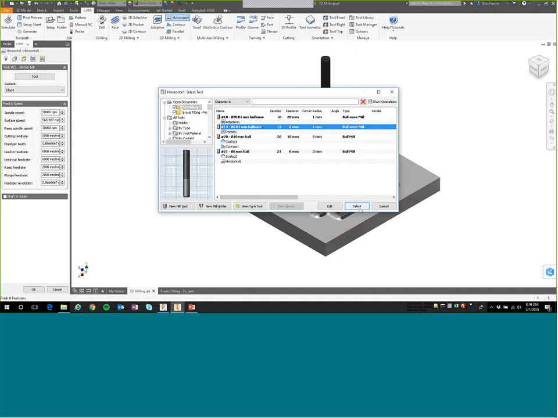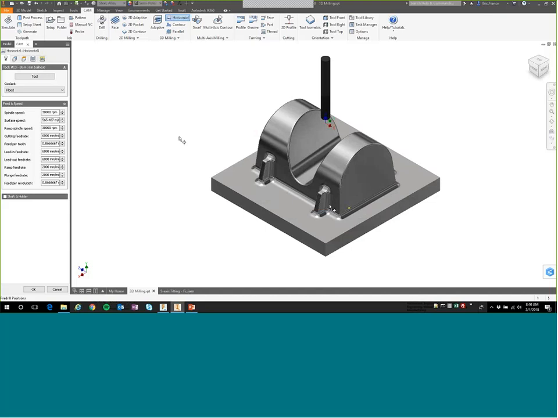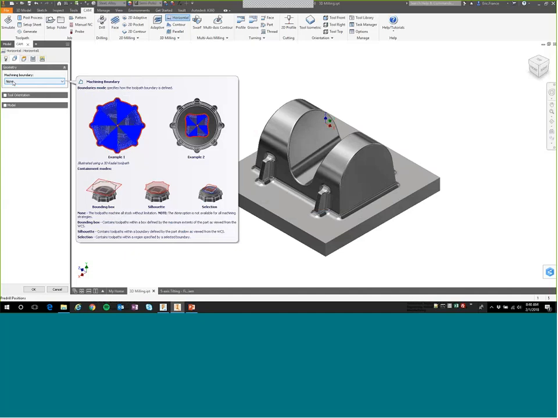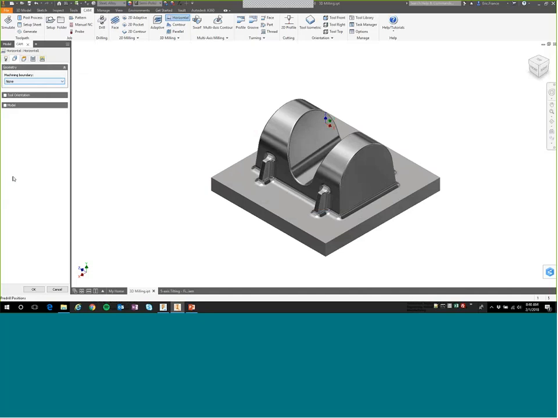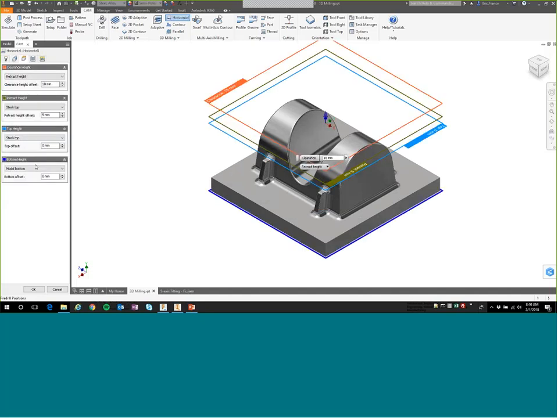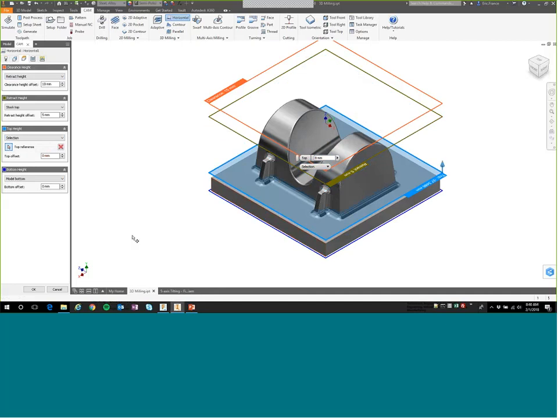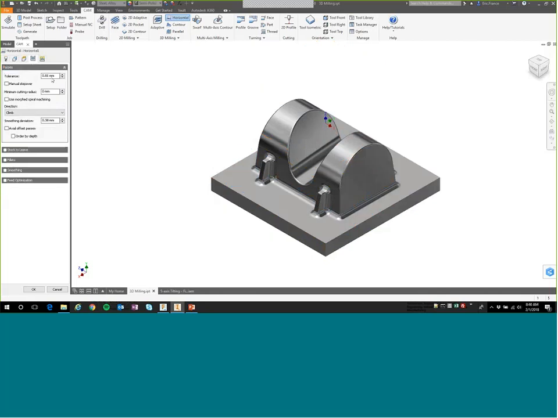We'll use the 6mm bullnose to generate that. And for the geometry, we're going to control the top height. So instead of the stock top, I actually want it to be constrained below the fillet, right? So it's really just going to focus on that bed